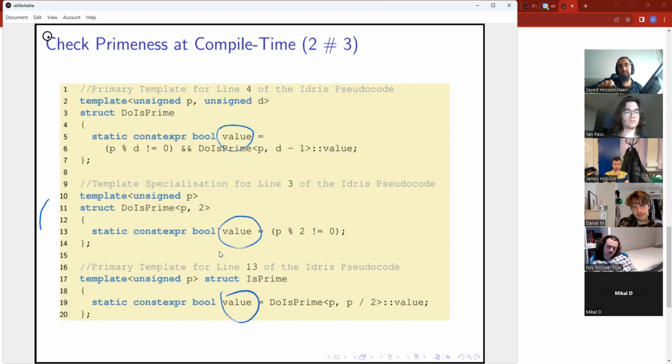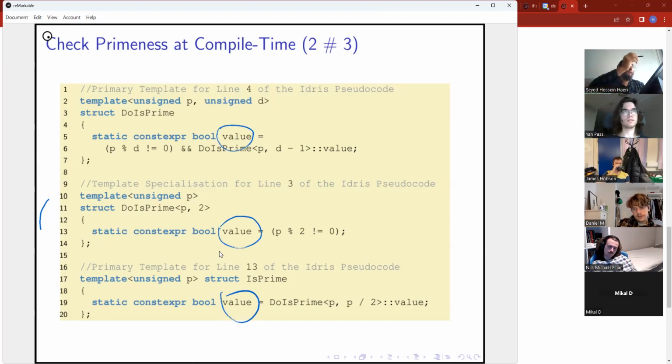Now the static thing is something I haven't told you about, and this is more about C++ itself than C++ template metaprogramming.